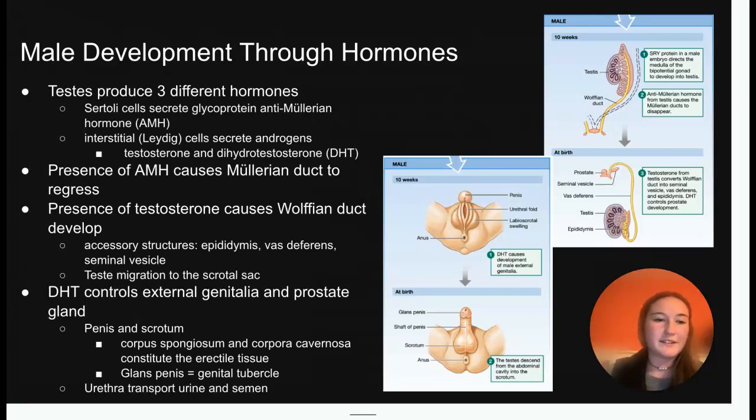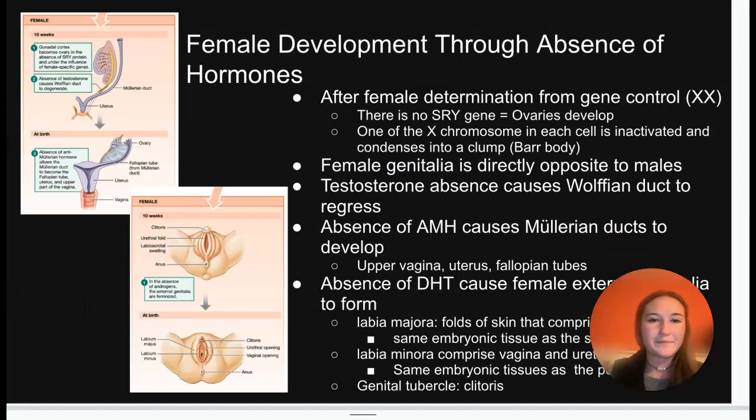Yeah, so we'll move on to female development. So, as we've seen from our second slide, if there is no Y chromosome, there is no SRY gene in the embryo, which means that the gonad will become an ovary. And so, similar to